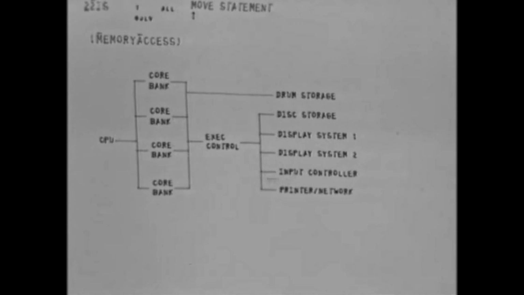The input controller stuffs it into core without ever interfering with the CPU's process, and then just interrupts the time-sharing system if there's something new and says, hey, take care of this user. And the display system reads out of core from a tree structure-like set of links to cycle itself automatically and take all that material, output it to the display, something like 15 times a second, without any interference from CPU requirements. All right. So that system has allowed us to have one time-sharing computer take care of a lot of stations. Let me talk to you about the display systems, the other aspect of the things that we've built on here that are slightly unusual.